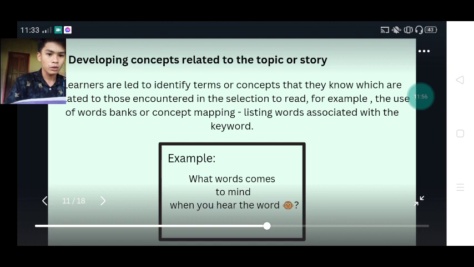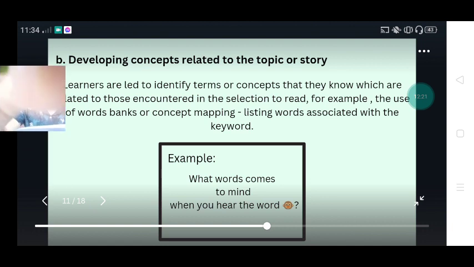Just like, for example, what words come to mind when you hear the word, i-develop nimo ang ilahang metacognition skills nga when you hear that word, what comes to your mind, or allow your students to create their own opinion about what they have read in the selection or in the poem or in the story.